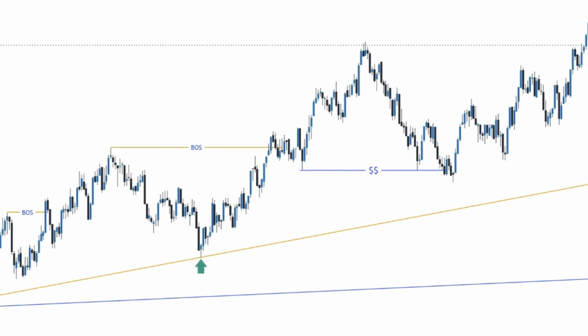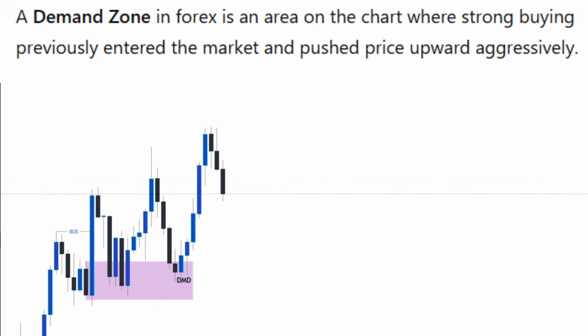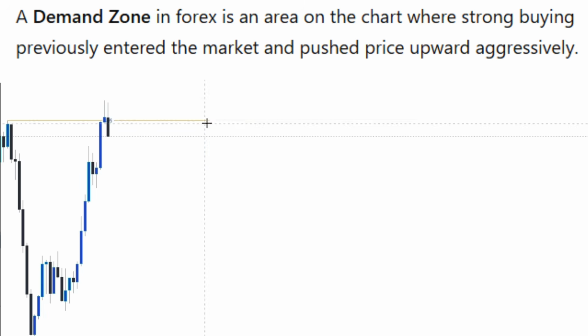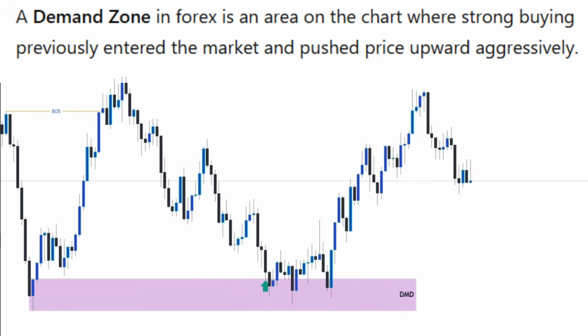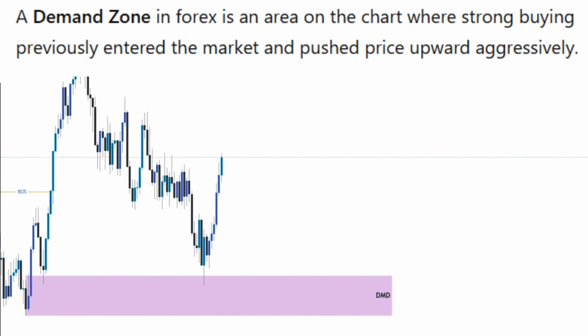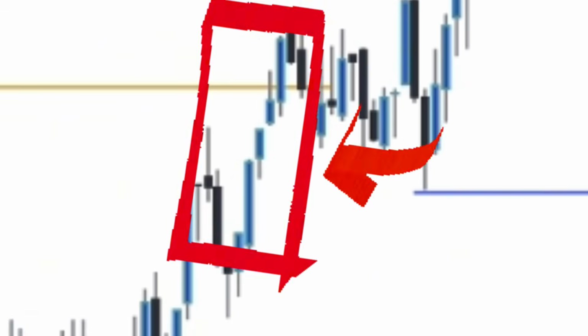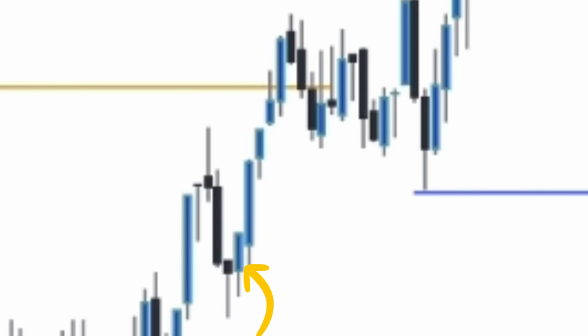And what is a demand zone? A demand zone is a price area where traders anticipate a massive amount of buying interest. This is based on previously placed massive buy orders, forcing the price to rapidly shoot towards the upward side. So you can see after this particular candle, you can see a rapid turn towards the upward side, having consecutively 4 bullish candles. Now we can pick the first candle before that massive shoot, which you can note as the candle that brought about that particular massive shoot towards the upward side, and that particular candle is going to be our demand candle. So all we have to do is to mark out the high of that candle and the